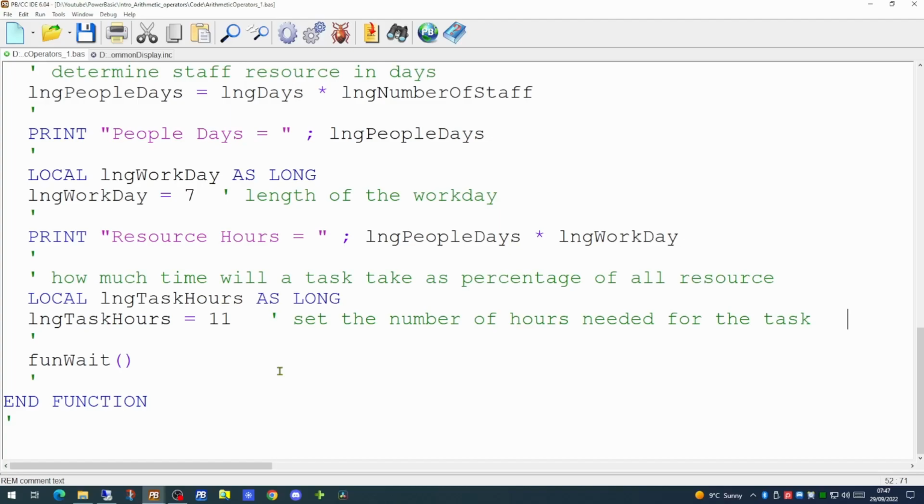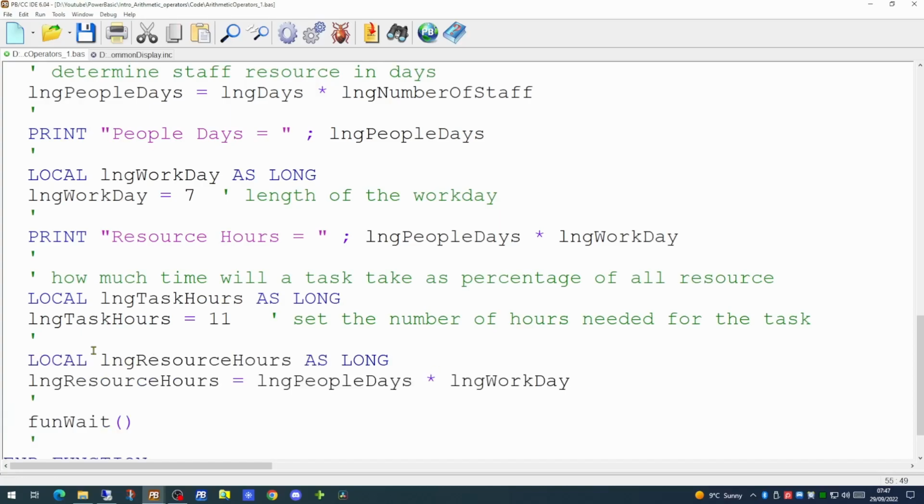So we'll now work out what our percentage resource is. So we'll create another variable to contain the resource hours, which is going to be 140, the value of the people days multiplied by the workday. And we're going to print off the percentage task of all resource for our individual task of 11 hours.